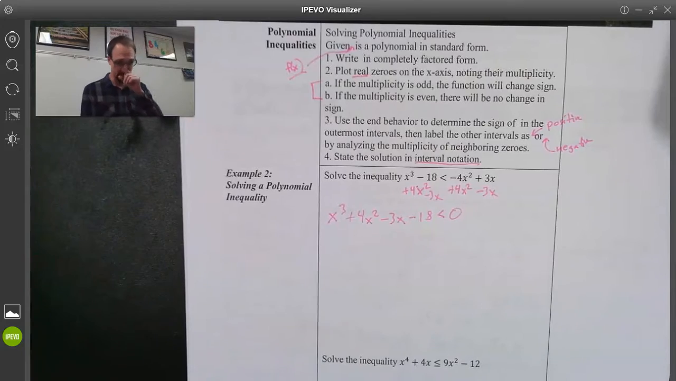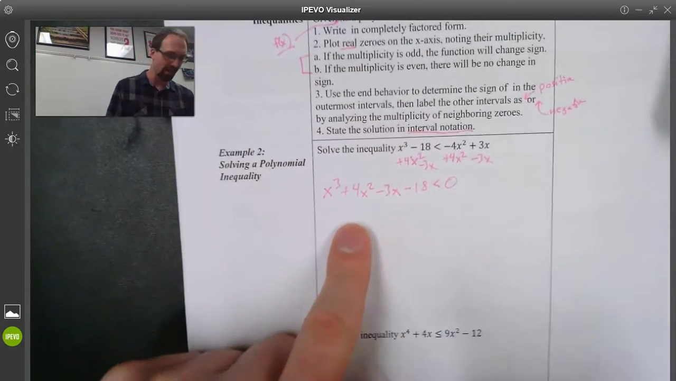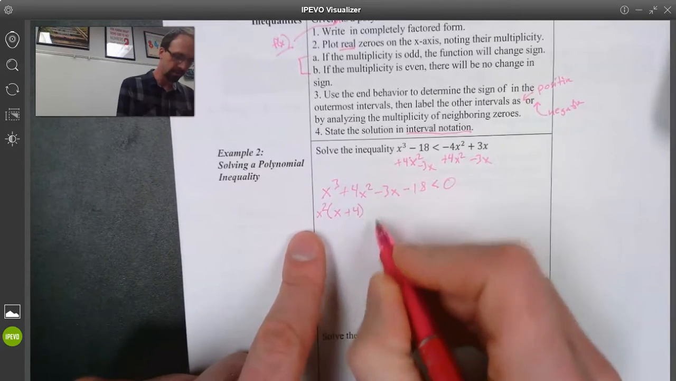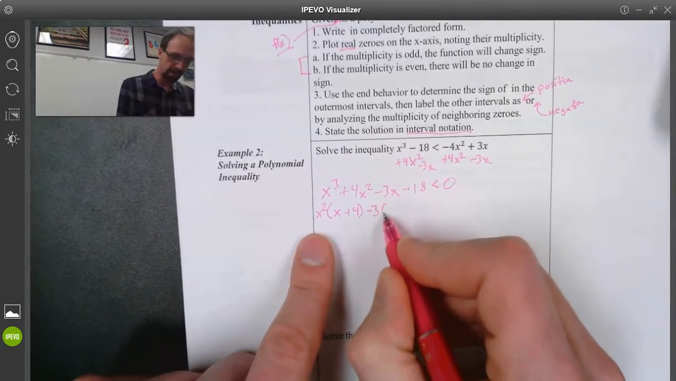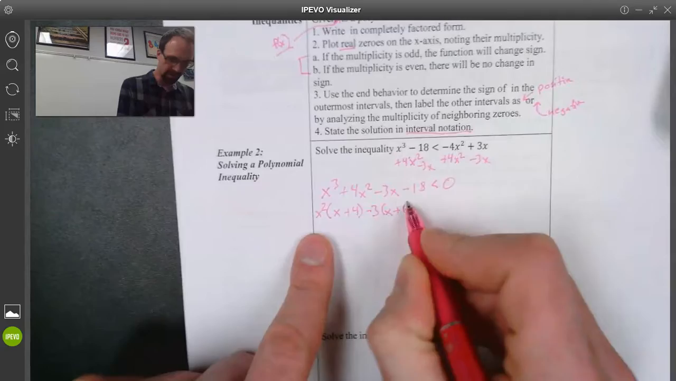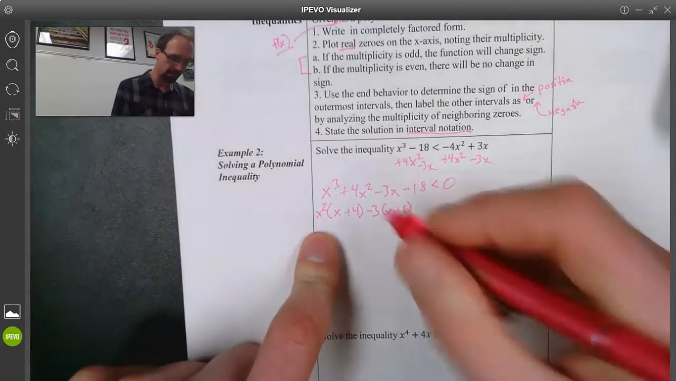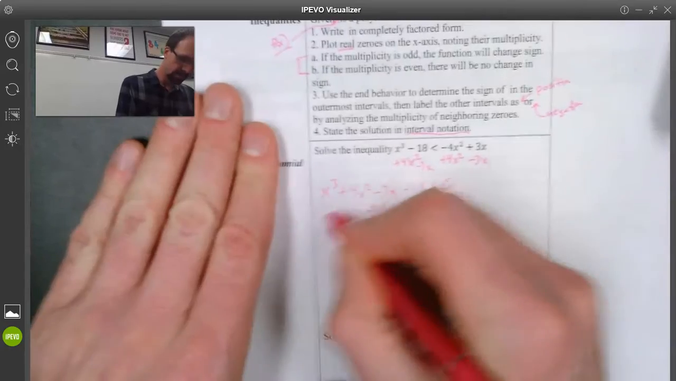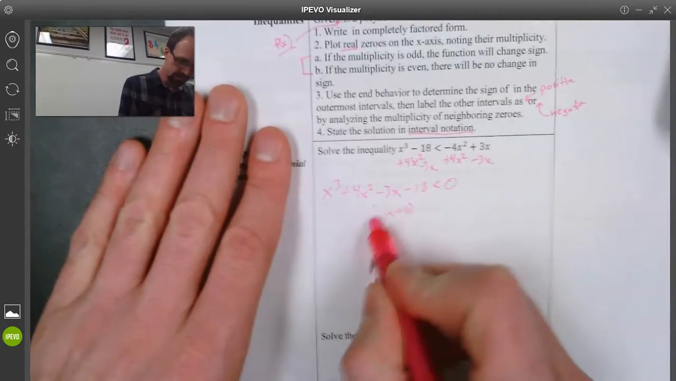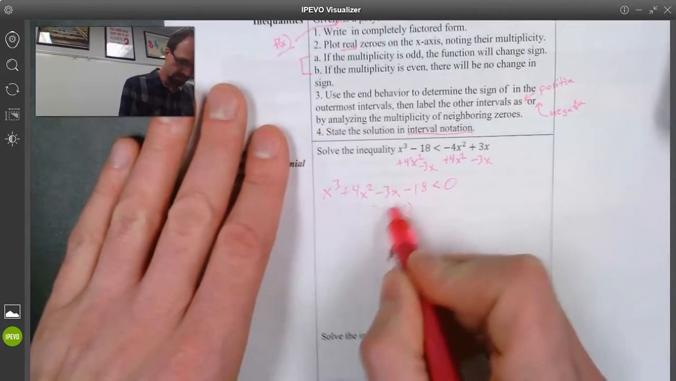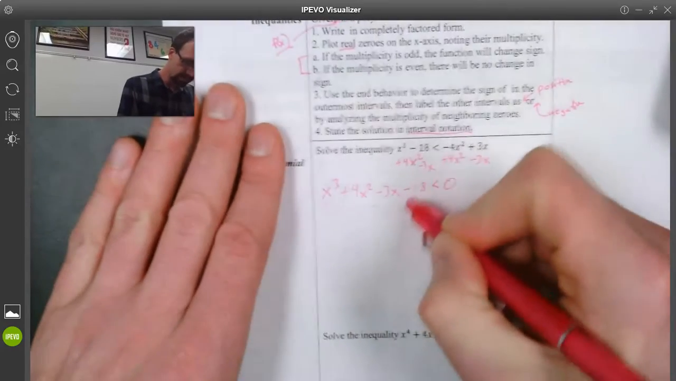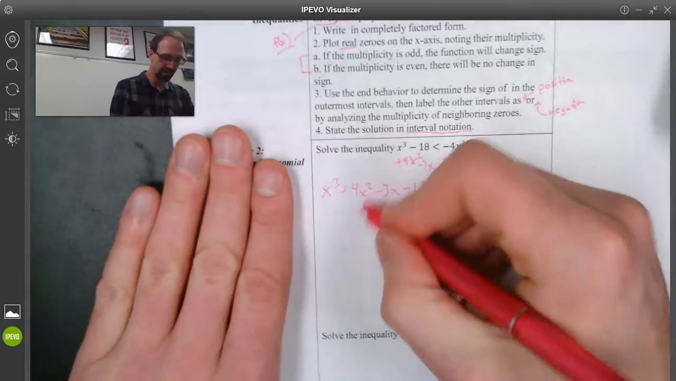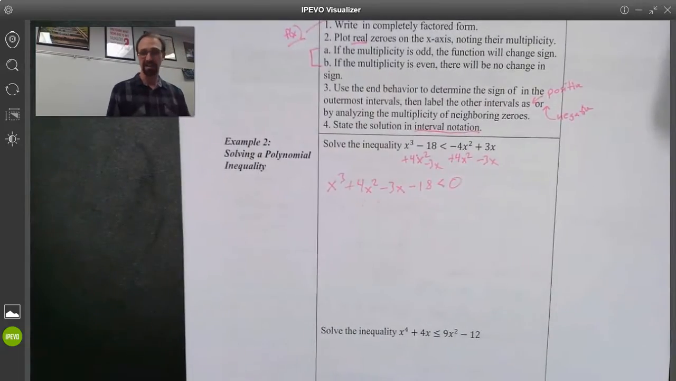So now looking at this, it looks like I could maybe do factor by grouping, so I'm going to check that. I factor out an x squared, I'm left with x plus 4. Factor out a negative 3, I'm left with x plus 6. That's not a factor by grouping, so that won't work. So the next thing that I would do is check synthetic division, finding the zeros,